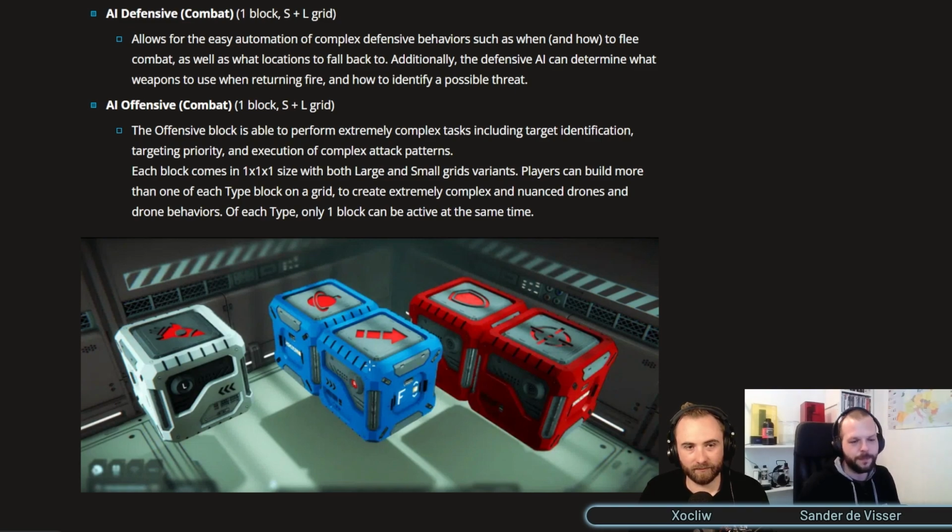Then, and this is probably my personal favorite, we have the offensive block, and this one does a lot of things. It allows you to build a fighter or battleship or artillery thing, or even a suicide drone. You can set it up, and similar to the defensive block, it will recognize enemies or neutrals, and then perform an attack pattern upon finding the enemy. So you can set it up to either stay at a certain range, let's say between 1,000 and 1,500 meters, and use a railgun to shoot at the target,